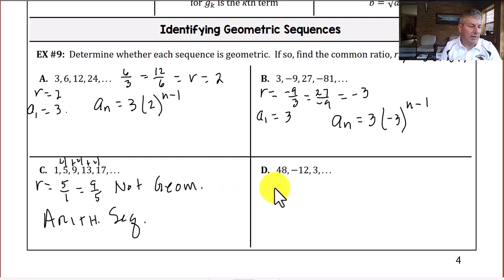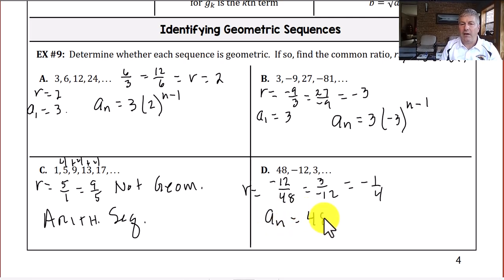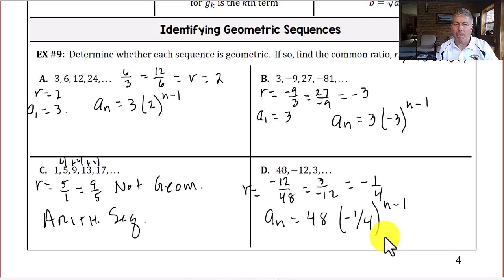And in sample D, we'll look at negative 12 over 48. Does that equal 3 over negative 12? So our ratio is negative 1/4. Our first term is 48, so our a sub n is 48 times our negative 1/4, all raised to the n minus 1. And that wraps up the introduction to